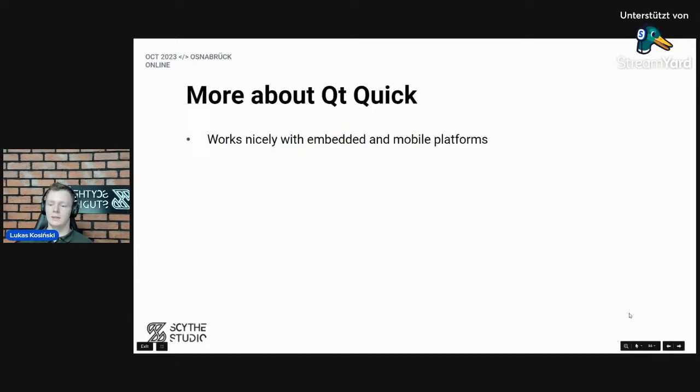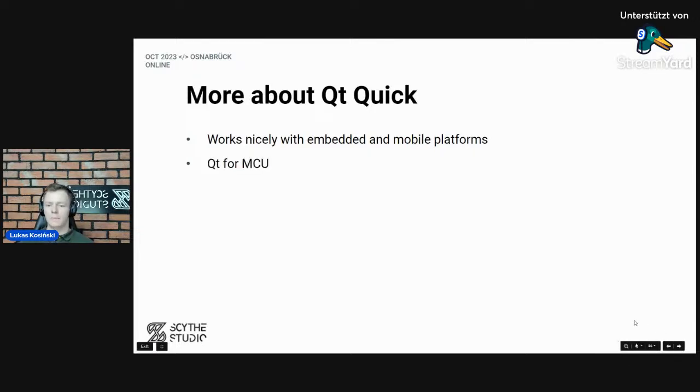So that's why it's done differently, and it's great for embedded and mobile platforms. Just imagine you saw those controls like the Qt widgets one that I showed earlier. Do you imagine having something like this on your phone? I don't think so, right? So that's why they came up with Qt Quick.